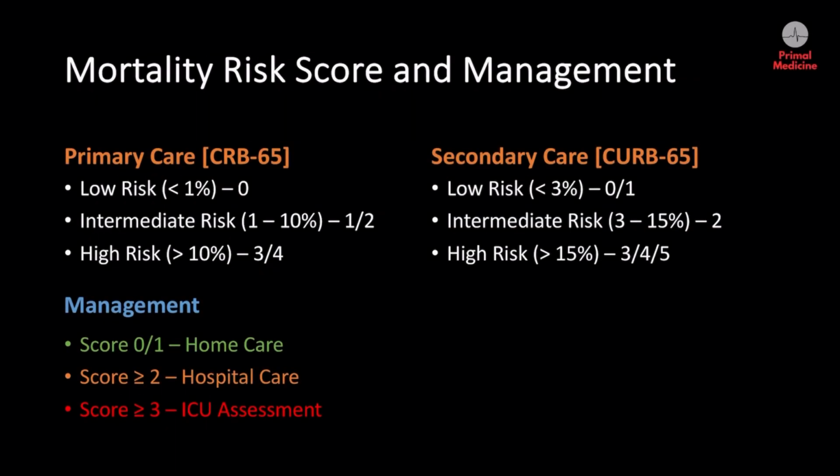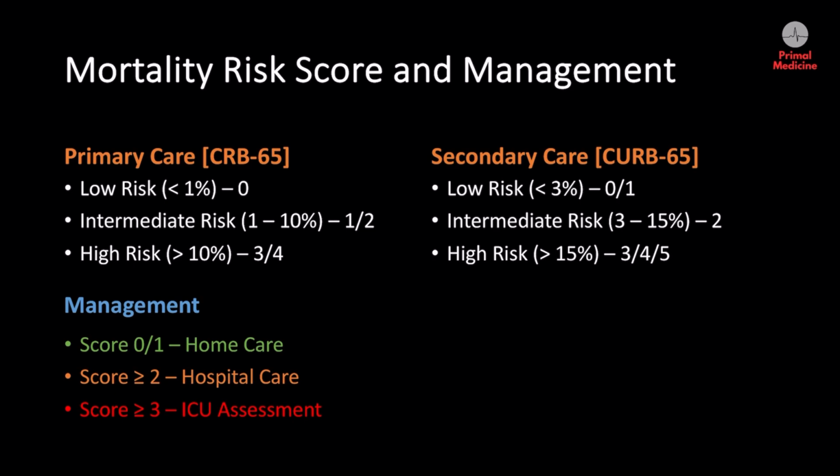After calculating the CURB-65 score, we can determine the level of mortality risk to the patient, and based on this, what is the best way to manage them. In primary care, this is a maximum of 4 points compared to 5 points in secondary care after taking the urea levels into account. The risk is broken down into low,